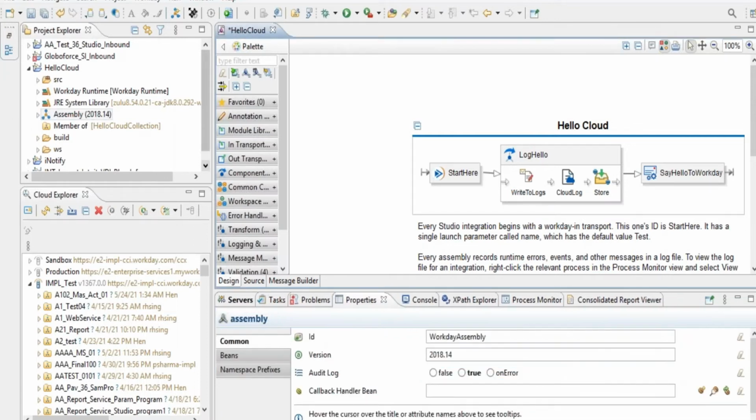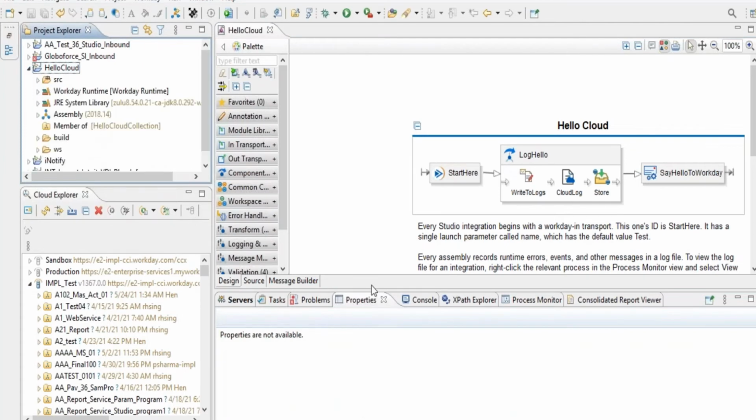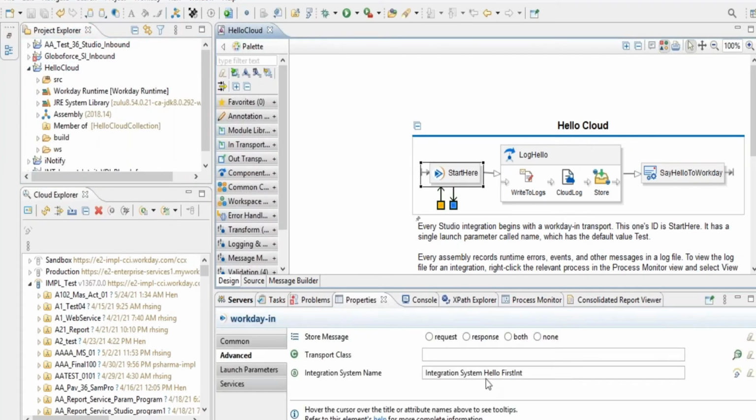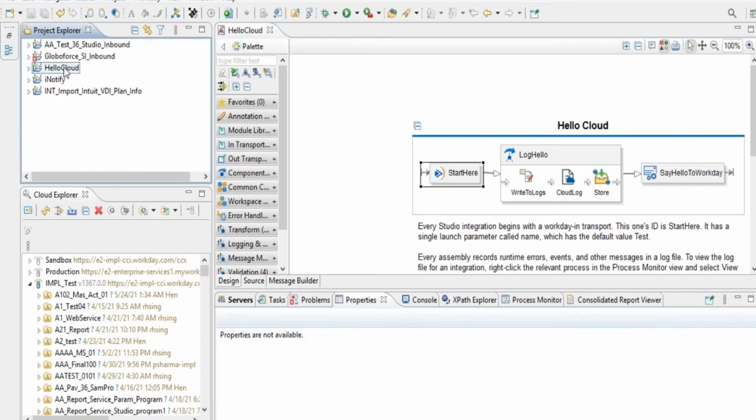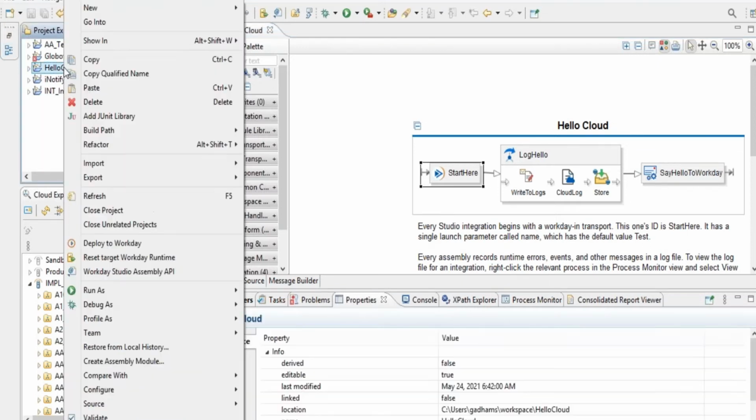And I have made this change. So here you can see there is a difference, right? It is saying whether you have saved or not saved. I'm just renaming my project. For that, I have just renamed the integration name, basically what we see in the tenant, and then this project. So what I have to do,